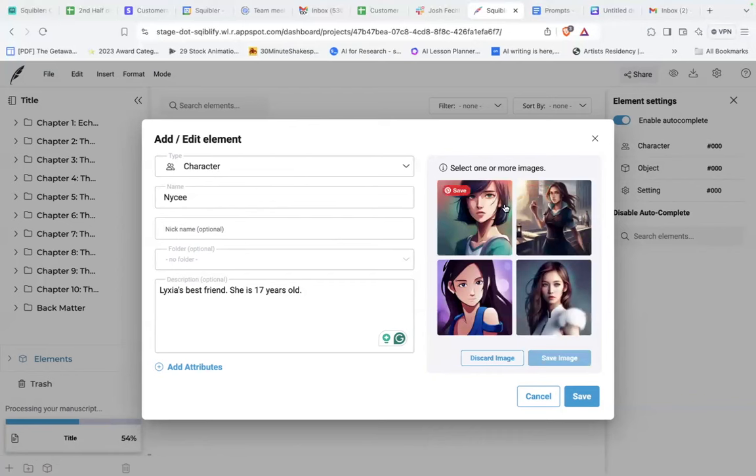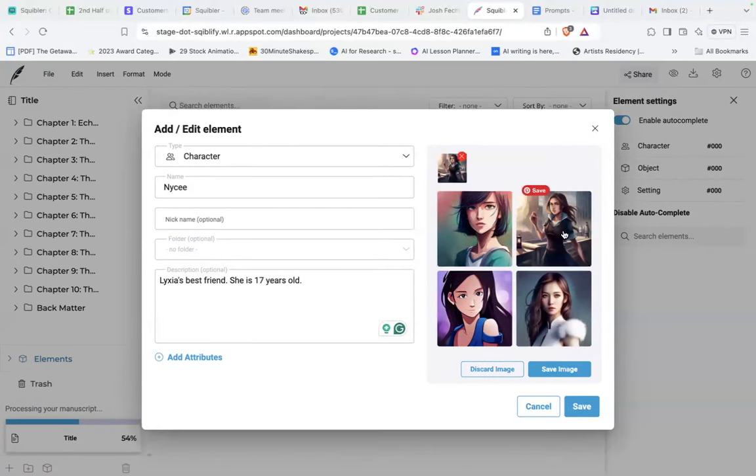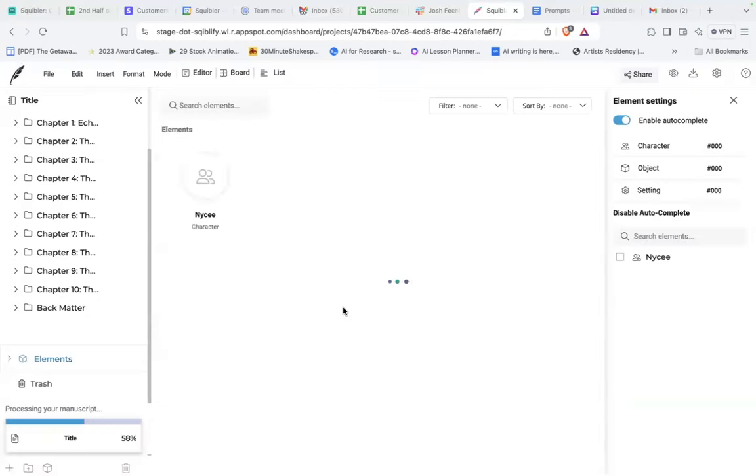So here's what the AI has come up with for me. They all look pretty interesting. I'm going to select the one that I like best. I'll take this one at the top right here. And then I can save the image or discard it if I'd rather get it to come up with another image. Once I've selected the image I want, I'll just save my element, and it's going to start showing up